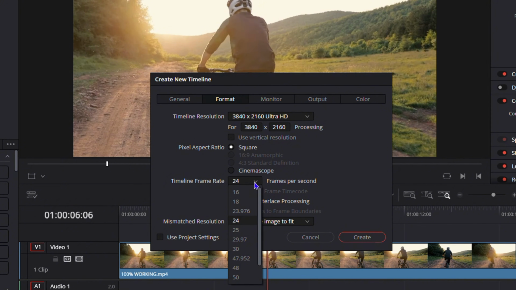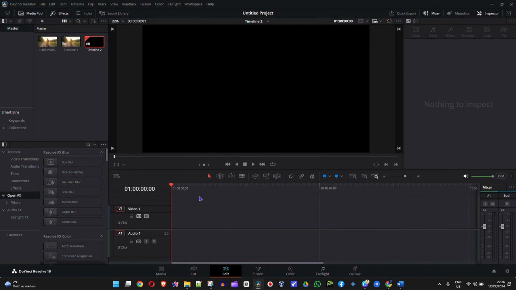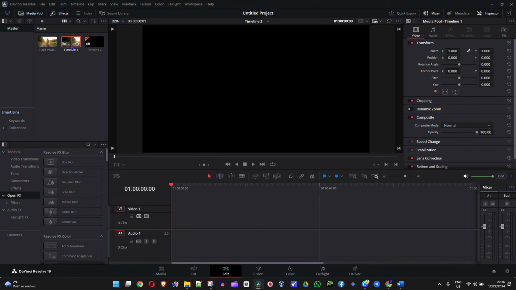You can change that to whatever you want. So let's say I want to put this to, let's say, 60 frames per second. I can go ahead and select the 60 and click create. Now you will see right here that the new timeline is now added and it's blank. So what I'm going to do is go back to my timeline 1 by clicking it from this master section here,